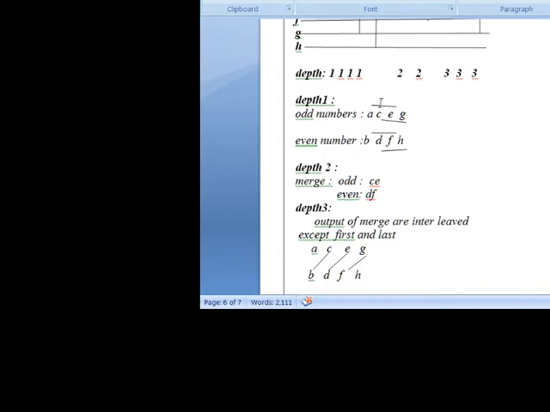So except first and last, remaining are interleaved. This is the odd-even merge sort we have to follow. Now I will explain this concept with the help of an example so that you can clearly understand.